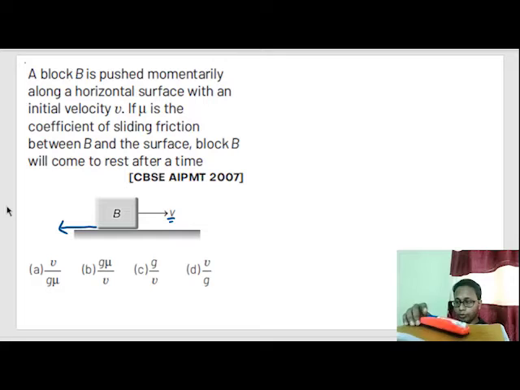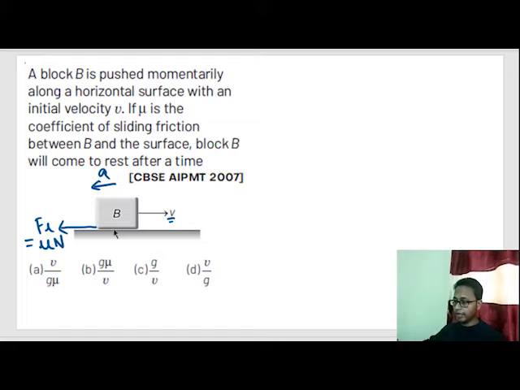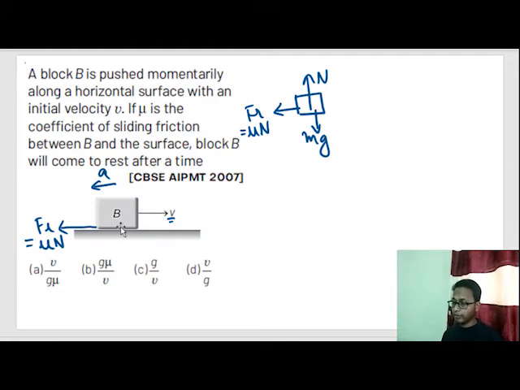If I push this block, if I give some velocity to this block, it will move this much distance and stop. That means there is an acceleration in this direction caused by this friction force. And when the body is sliding over one surface to another surface, the full value of friction force comes into action, which is mu N. If we draw the FBD, upward is N, downward is mg, and the full value of friction force gets applied here, which is equal to mu N. Why? Because the body is slipping. It is not attempting to slip; it is successfully slipping.